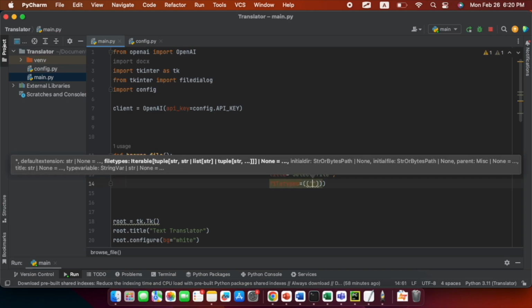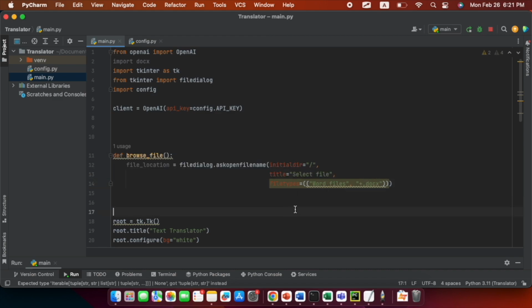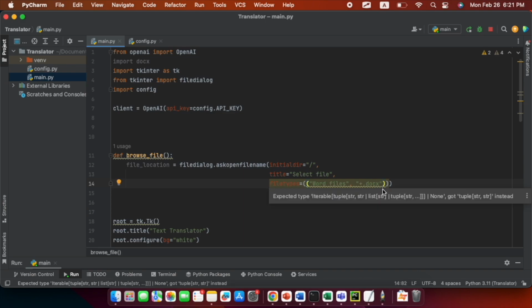okay? And here, I'll create this list here, and we're going to write Word files, comma, okay. And here I will do plus docx, actually plus dot docx. Okay, so every file that ends with docx is going to appear as active. Okay,